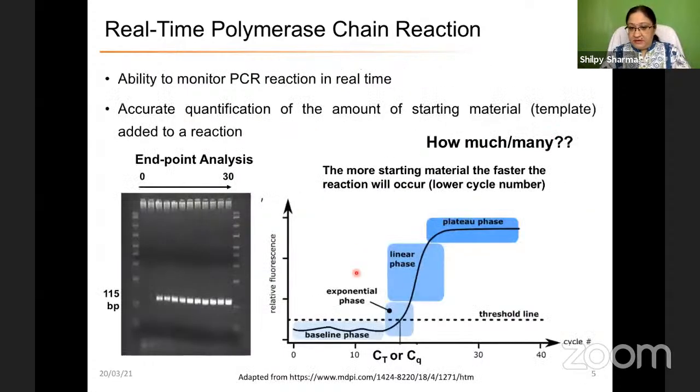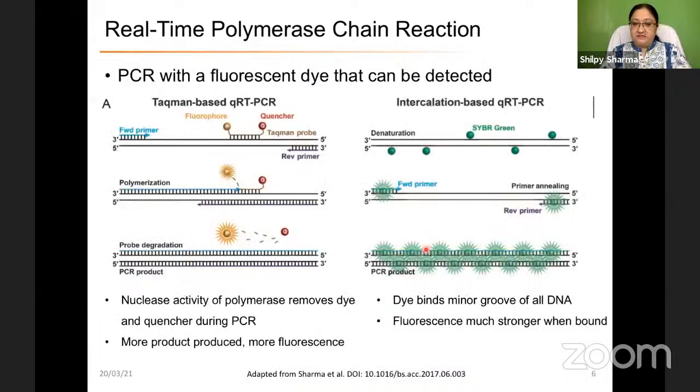So basically you are simply going to detect the fluorescence on the graph, right? This graph that I'm showing you here, you will detect the fluorescence, and then you can say that yes, this is my CT value. But trust me, this chemistry is very, very expensive. Each TaqMan probe costs around 20 to 30,000 rupees, or like $200, and it is limited to a very small number of reactions, say for example 200 to 300 reactions, and it ends up being very expensive. So that is why people came up with a second type of reaction setup,